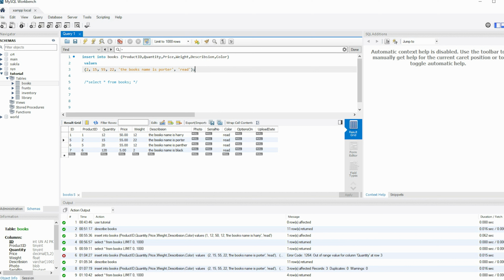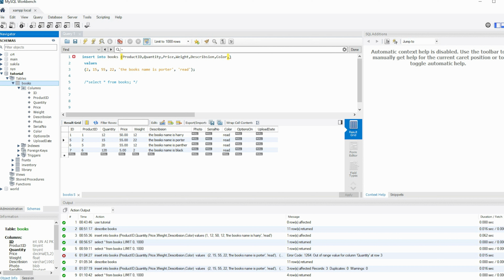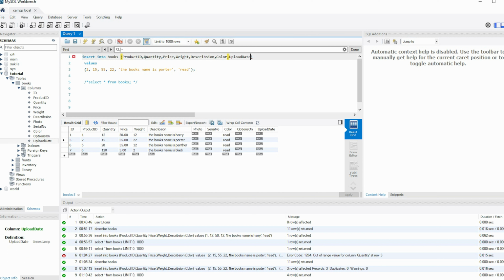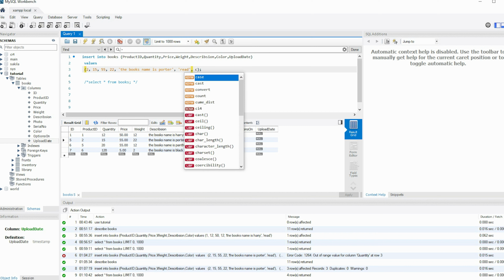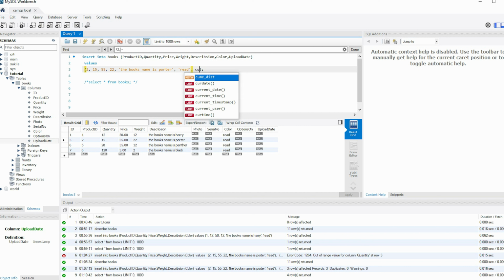Okay, add another column, that is upload date. Yes, I add this upload date and write. I use a MySQL function called current date, that is code date. Okay, I use this and I also change this value